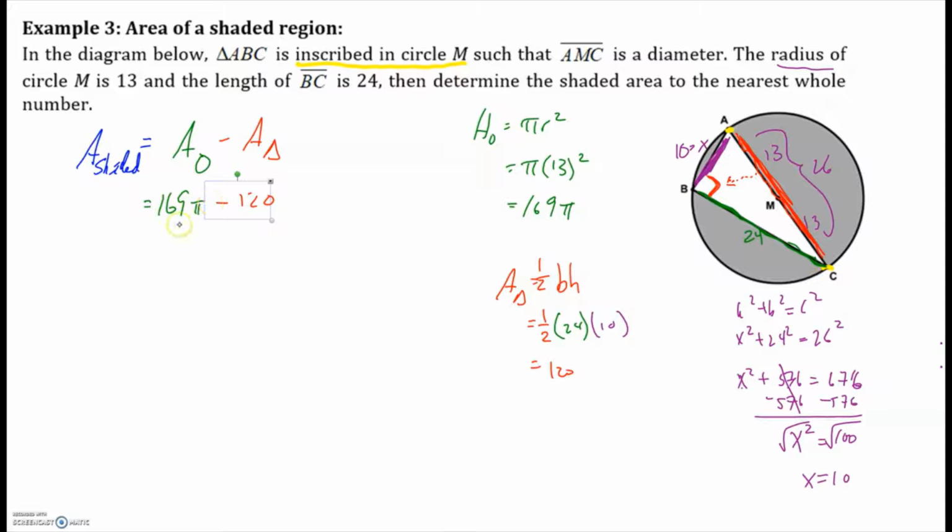So again, if it didn't tell me to round, this is where I would stop. But we do have, in fact, instructions that say to round to the nearest whole number. So I'm going to plug this into my calculator and find out what this is. So let's do it in pieces here just so you guys can follow along. So 169 pi is